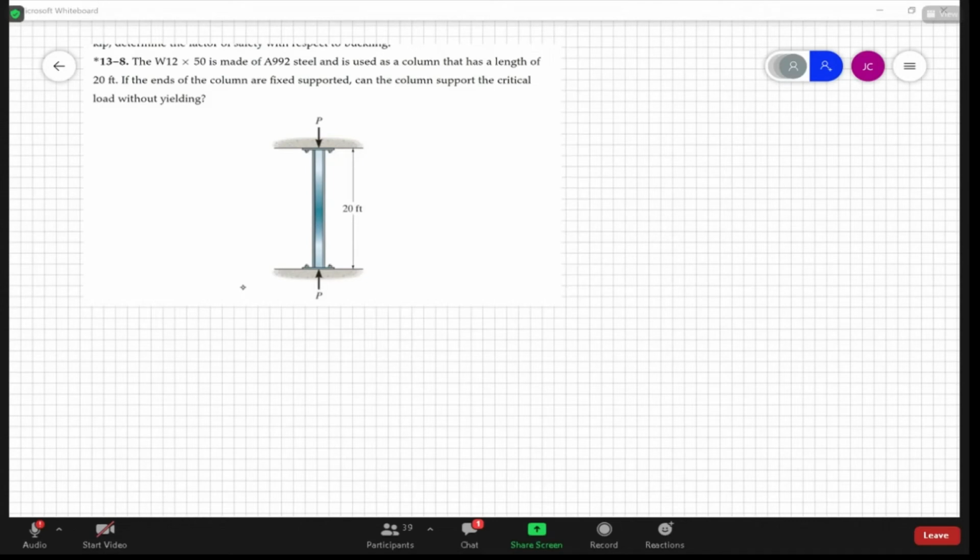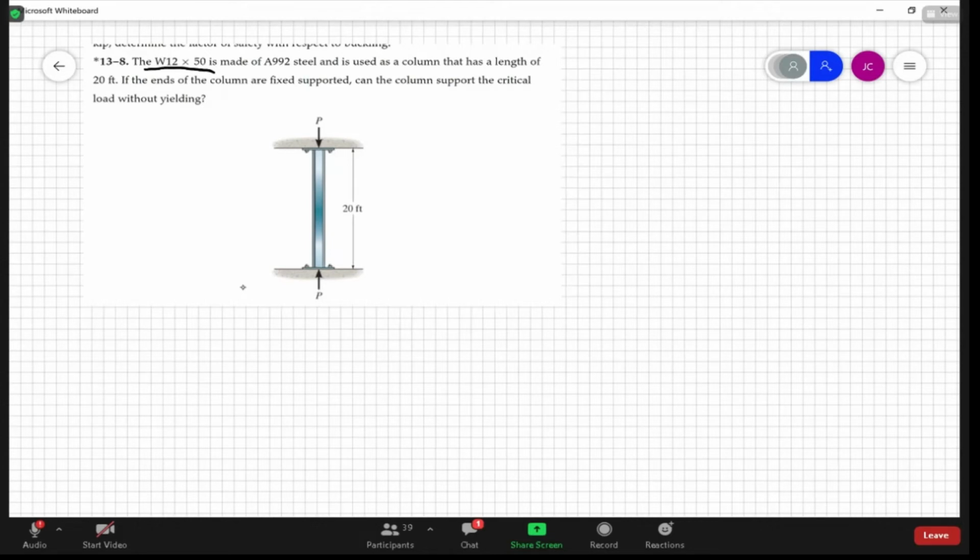So we're going to do problem 318. Here we have a column, a wide flange I-beam column, W12x50,